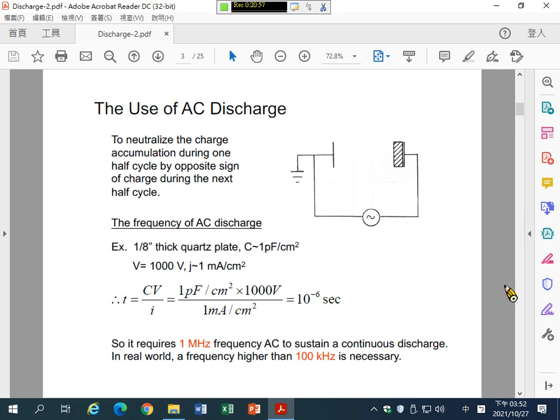In industry, you can use an RF frequency a little bit higher or a little bit lower than 1 megahertz. If you use about 100 kilohertz of power supply, you can generate plasma. And if you use 13.56 or 14 megahertz of RF power supply, you can also generate plasma. But these two types of plasma have different